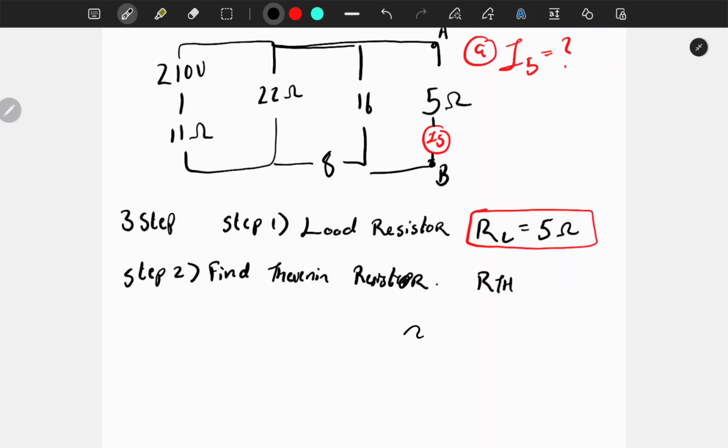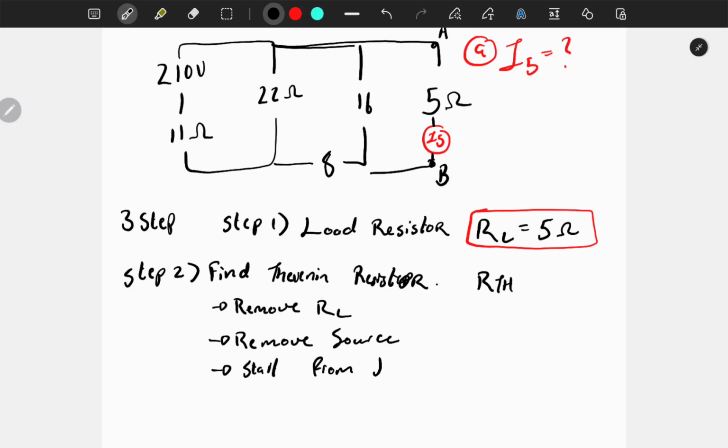So the steps are, you're going to remove the load resistor, and you're going to remove the source, and you're going to start from left to the right. Okay, so now let's copy this one,